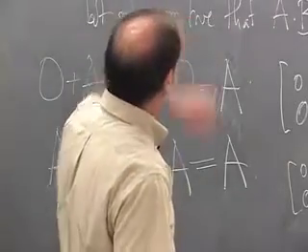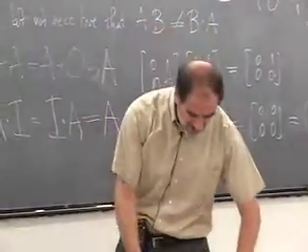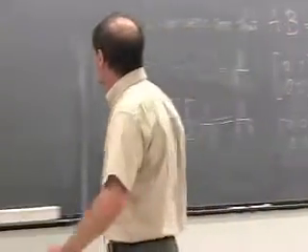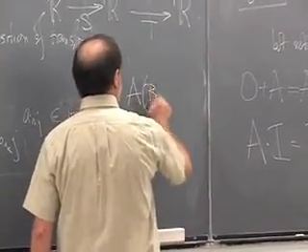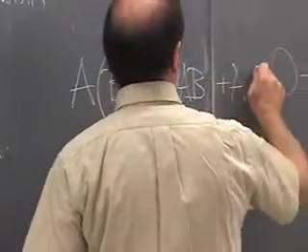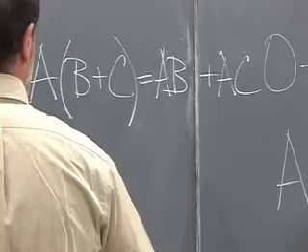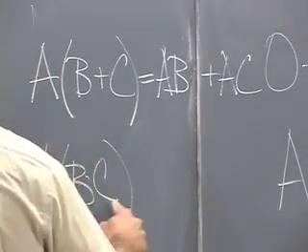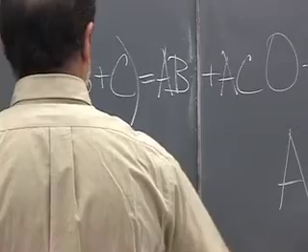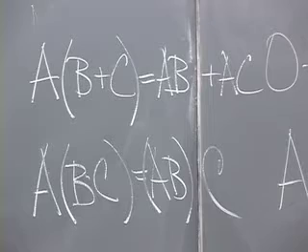OK, some other laws of matrix multiplication and addition. For example, you have the distributive law and you have the associative law. The distributive law says if you multiply A times B plus C, it's the same as multiplying A by B and then adding the product of A by C. And the associative law, which is the most important, is that if you multiply A times B times C, and you first multiply B times C and then times A, that's the same thing as multiplying A by B and then multiplying by C. So the normal laws of arithmetic, addition and multiplication all hold except for the commutativity of multiplication.